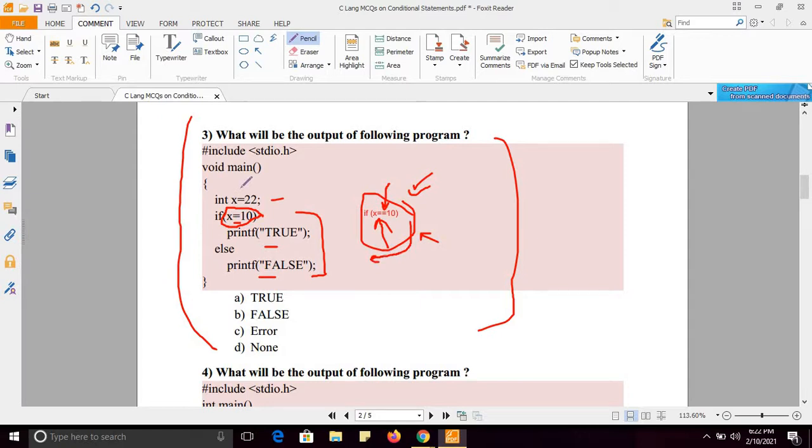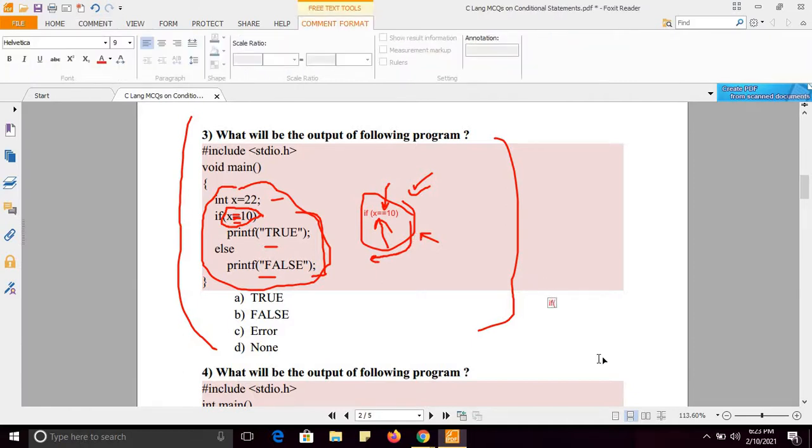But what will happen in this case if I am using only one equal sign? Here it is written like this: if x equals to 10.